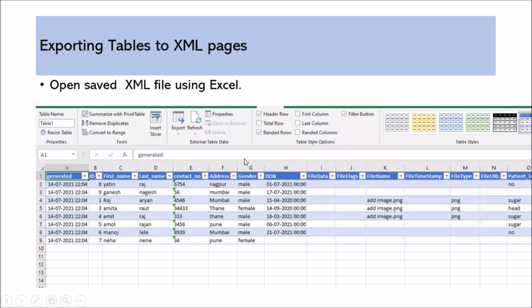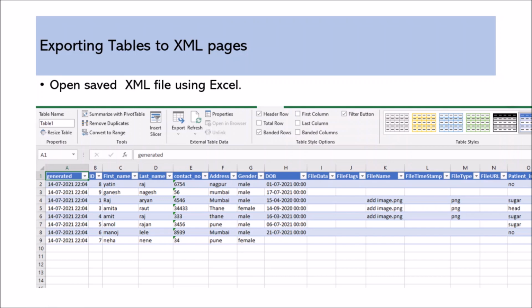This is how the table will look in the Excel file. These XML files or HTML files you can use for transferring data from one place to another through emails or by other means. So that is how you can save the XML file and how you can open the XML file in a web browser and Excel.